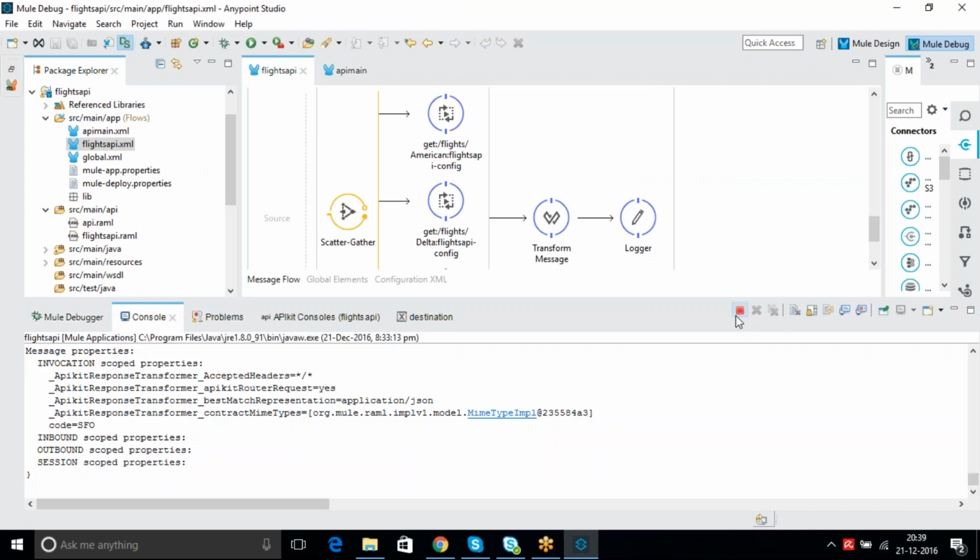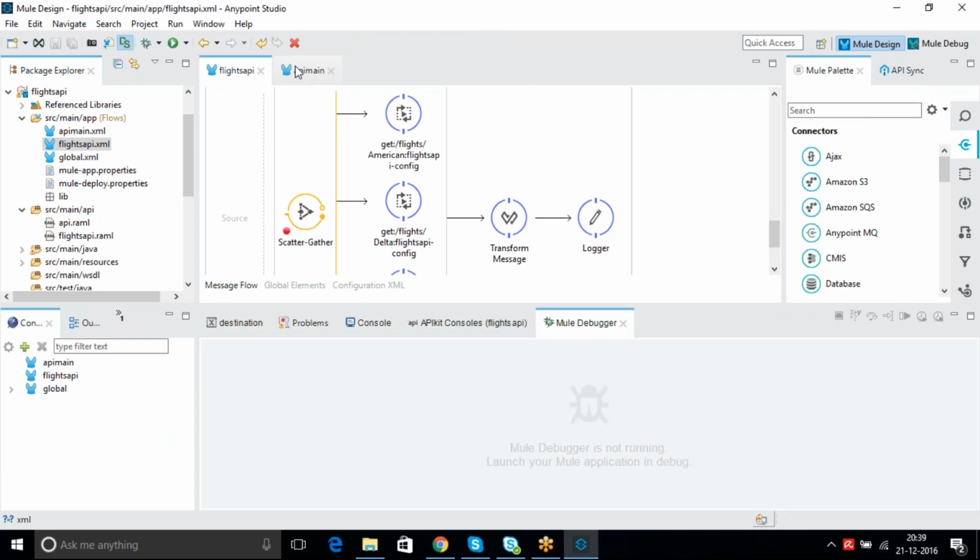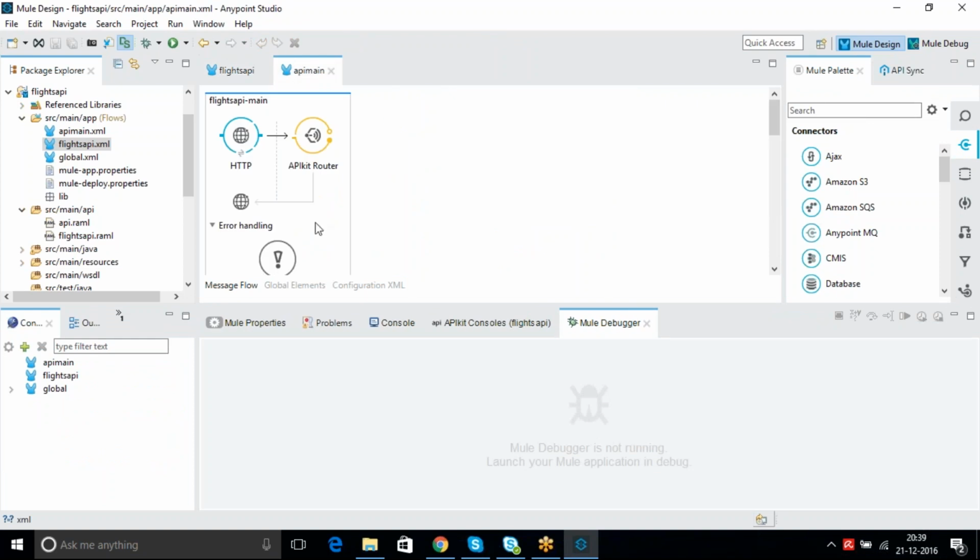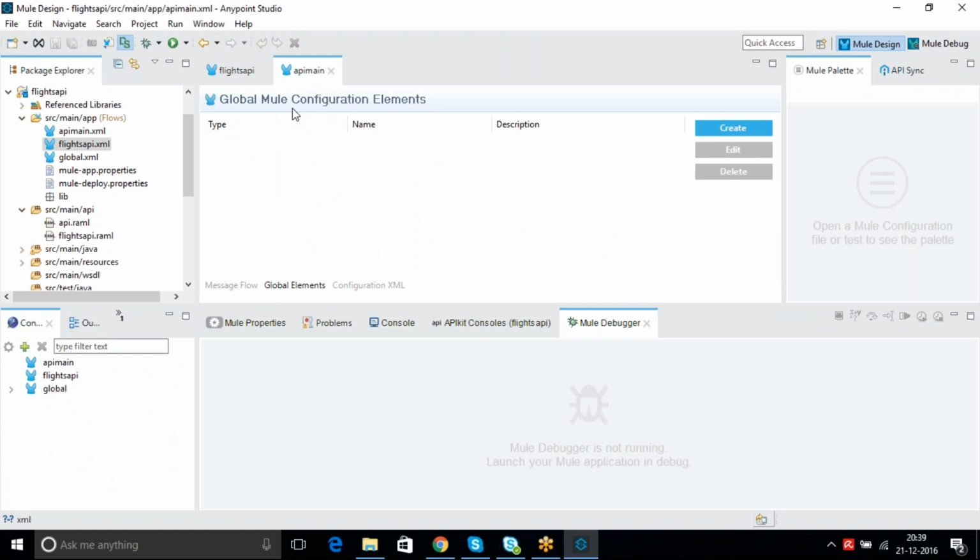Now, what is our next step? Let me terminate this instance. Go to Mule design mode. Now, as I said, my next step is that I want to keep all my global elements. Where is that, your global element? It is in global.xml, right?